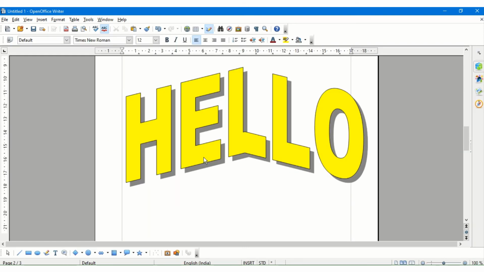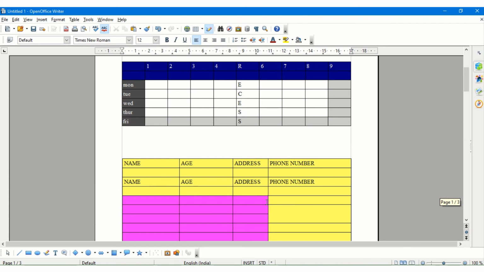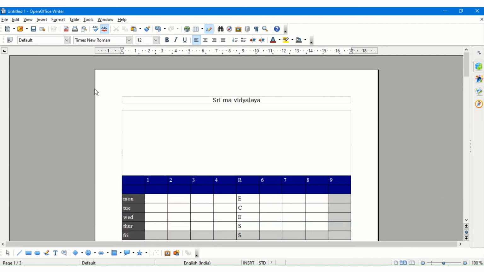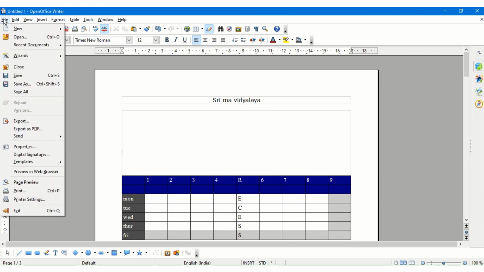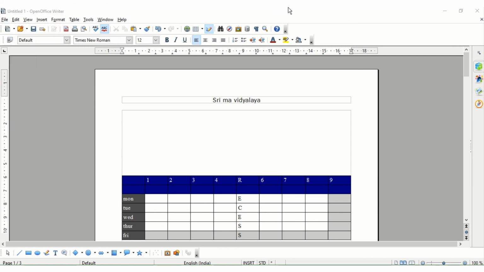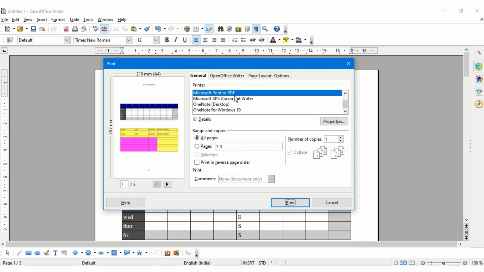And finally, I will go back to the printing of the document. How do I actually print the document? For that purpose, I can either press Ctrl+P, the shortcut key, or simply click on File and Print. Now a dialog box will open up which will also show me the preview over here, and I can keep scrolling to see the 3 different pages.